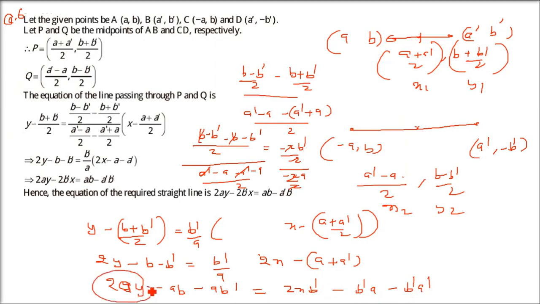X and y you take on one side. 2ax and 2bx you have to take on one side. X and y, this term, we'll take it to one side, and constant term on the other side. Now when we take the constant term, you see ab' are having the same sign, so they are going to cancel. This gets cancelled. So we have this ab take on the right hand side, so ab minus b'a' will come. So you have this line. This is the equation of the line.